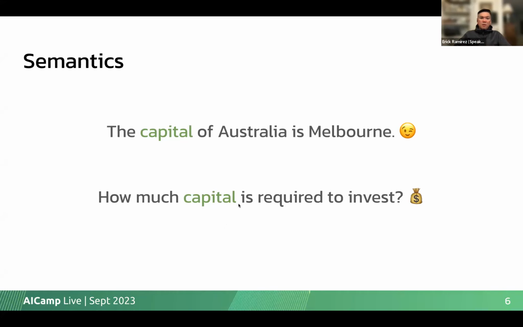And so if we think about doing search, traditional search where you're doing a keyword matching, you might be looking for something relating to finance for the word capital. But if you were just doing a traditional search, you'd return both sentences in the results. But obviously the first one is completely irrelevant because it belongs to a completely different context. And that's what vector search is trying to solve for us. It's not the traditional search that we think of anymore. So it's solving something a little bit more complex.